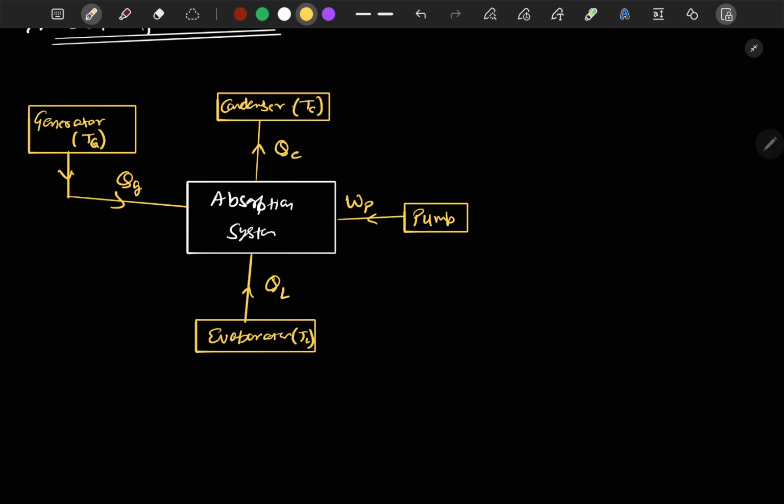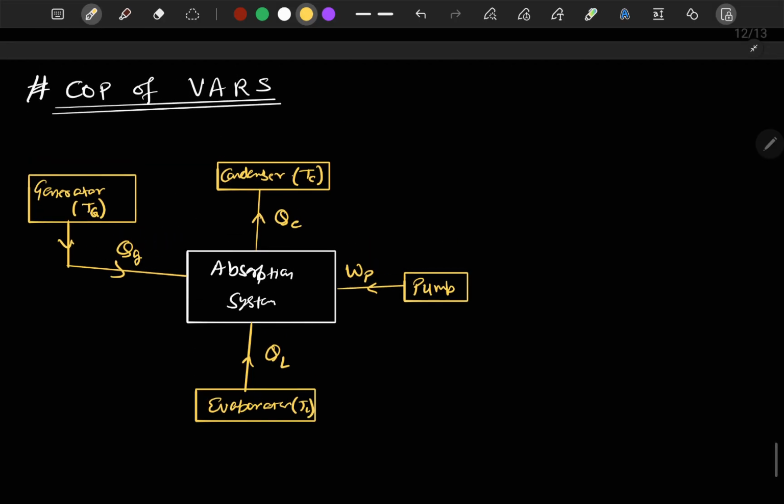Now if we want to calculate the COP, we can apply conservation of energy, the first law of thermodynamics, and say that QC is equal to